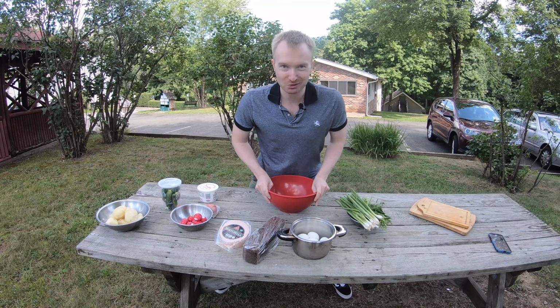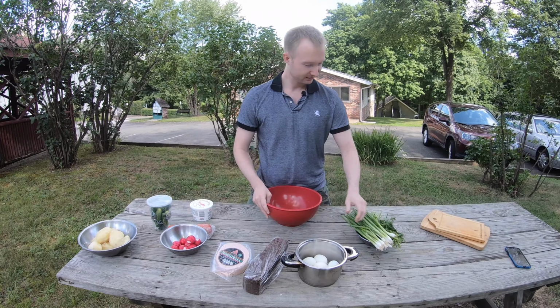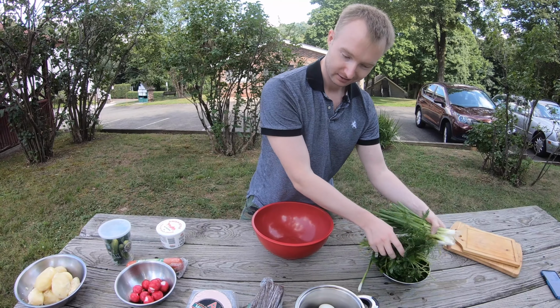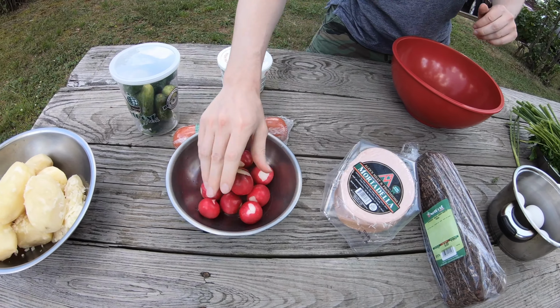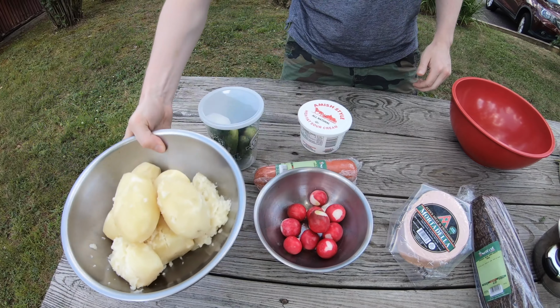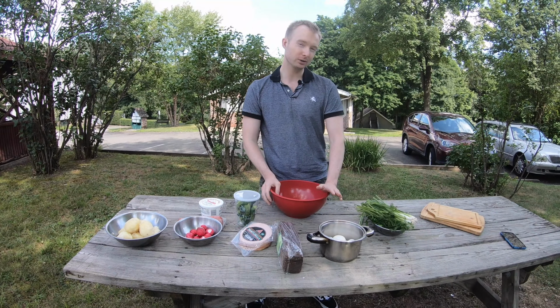Are you ready, guys? We're cooking today Russian okroshka with a Russian homemade kvass. We need onion, parsley, dill, boiled eggs, bread, sausage, radish, sour cream, boiled potato, and pickles. Okay, I can't wait to see it, as well as to show you how it's gonna